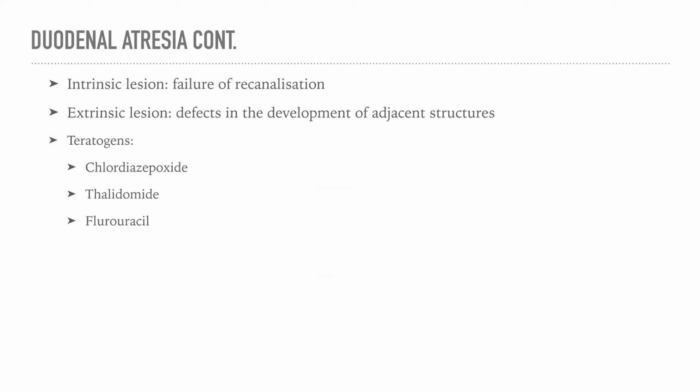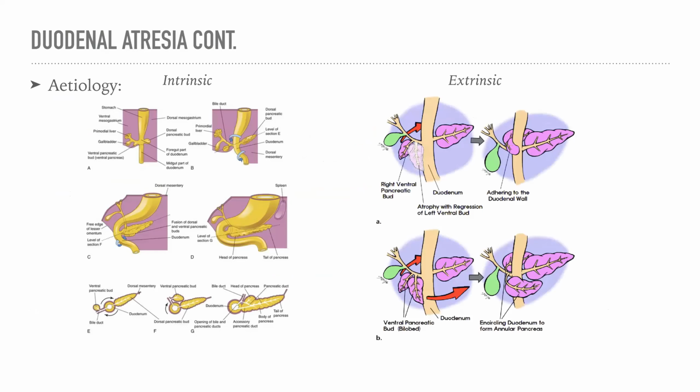With regards to how it occurs, as I've said, there's failure of recanalization, which is an intrinsic cause of this problem. There are also extrinsic causes associated with defective development of the adjacent structures, and other teratogens have also been implicated in this. With regards to intrinsic lesions, the failure of recanalization, which occurs obviously in the embryological stage,